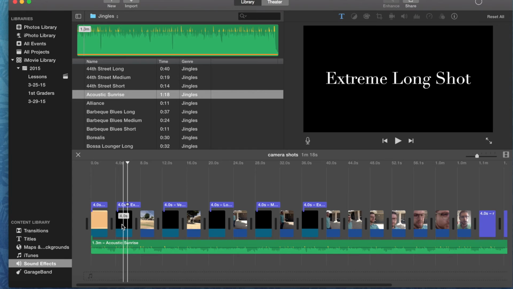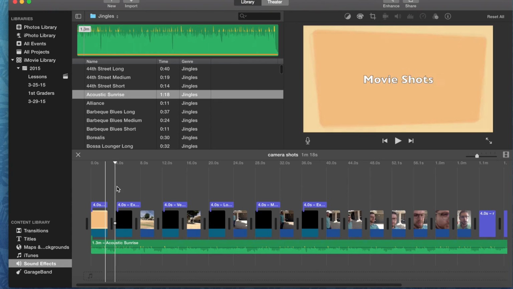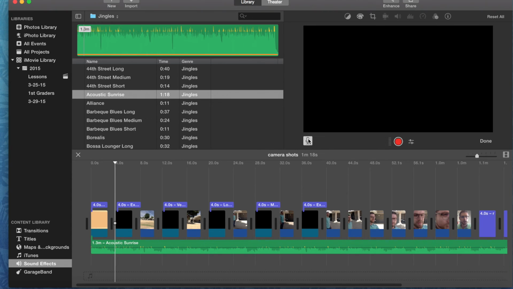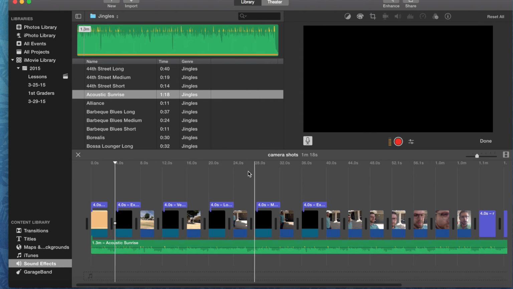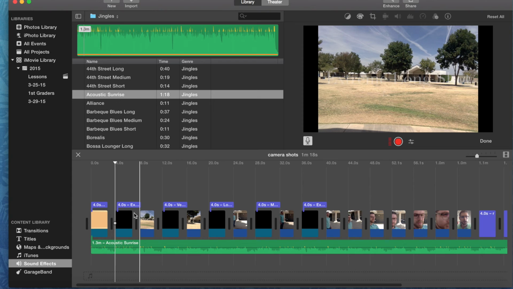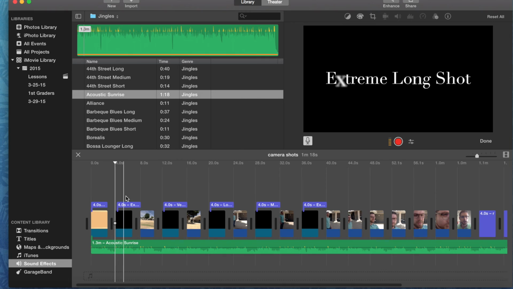So, if you wanted to add a voiceover, let me see, you go to sound effects. And you record here. So let's say, for example, an extreme long shot. If you want to add a description for that kind of shot, I will leave my line here so I know where it's gonna place it in. Then I will press the microphone button and then the record button. So for example,